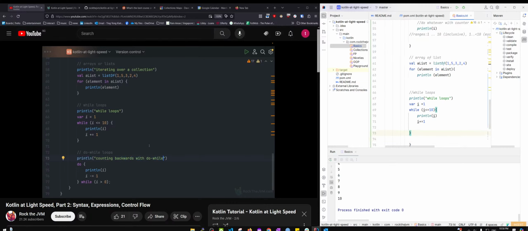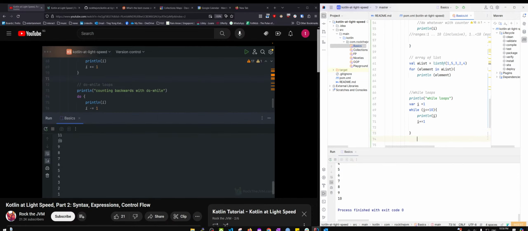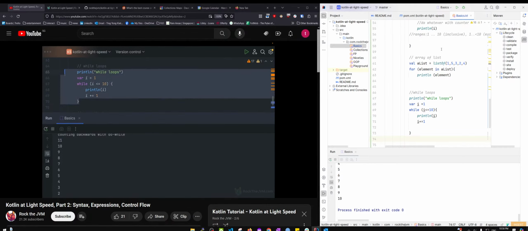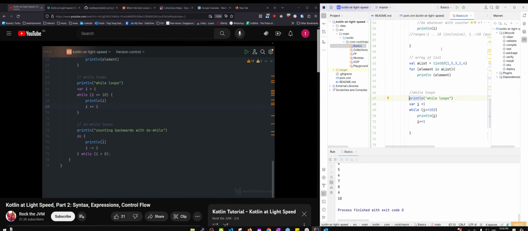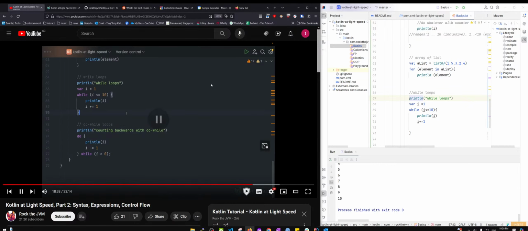Now, do whiles are a little bit more rarely used, but they're still quite available in Kotlin. So we have I becomes 11 at the end of the previous while loop, because that broke the while loop, which is correct. And then we have 11, 10 all the way down to 1. So do whiles are reminiscent of the C family of languages, in which we have